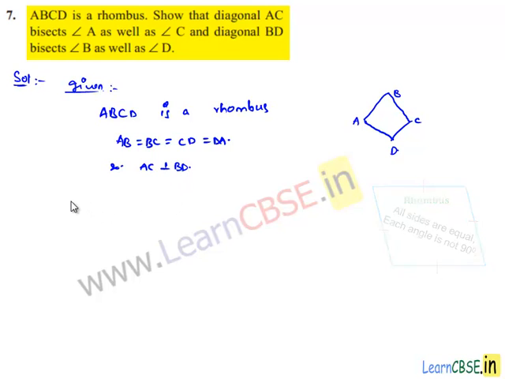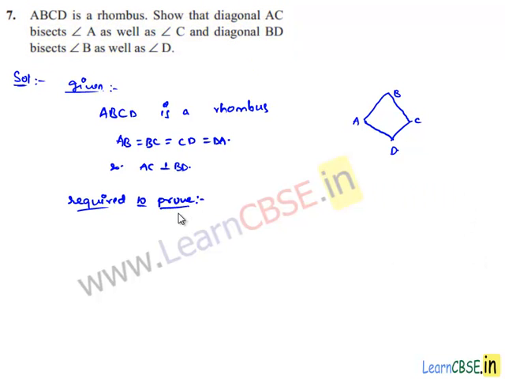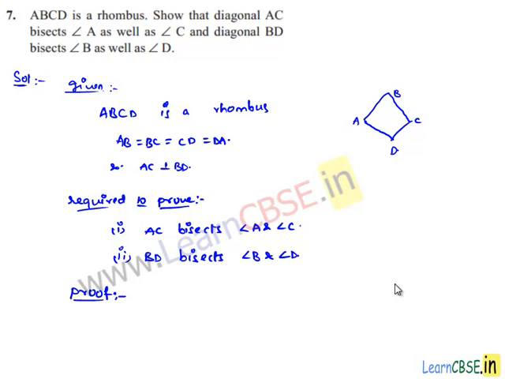Now we are required to prove that firstly AC bisects angle A and angle C, and secondly BD bisects angle B and angle D. Now in order to prove this, let us follow the procedure. Let us consider the rhombus ABCD,